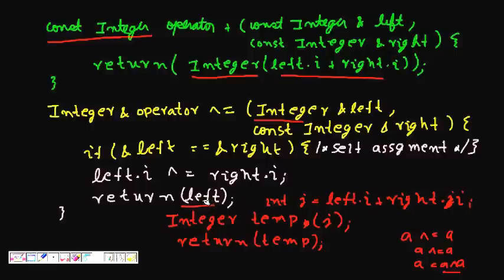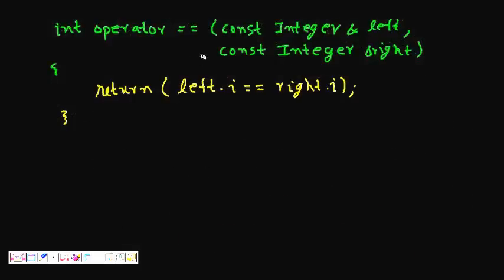And here again, I didn't have a const, so I could change it, and I returned left because now I added the right part also. From the right I added that integer, and I return an integer ampersand. Now let's see why I am able to return a reference: this left is not a local object, so its scope is not going out after this function ends, and hence I can return a reference to it.